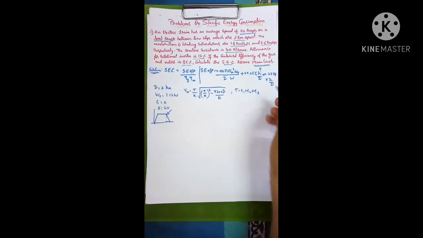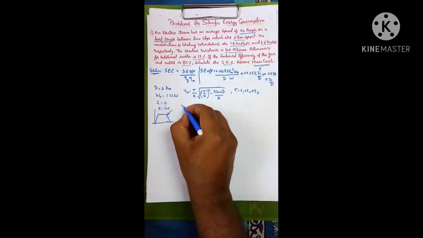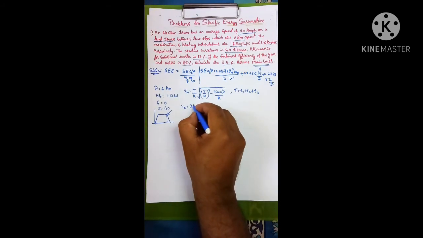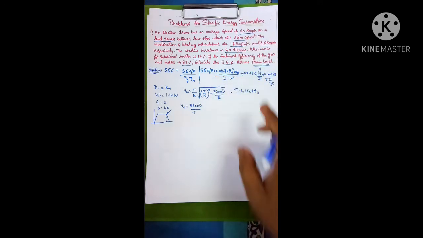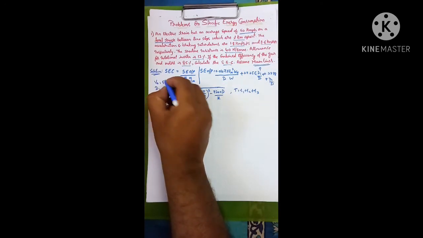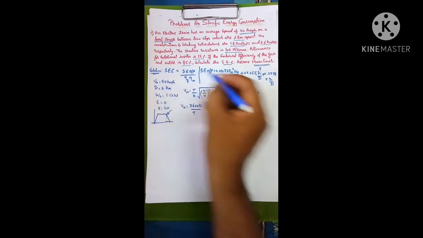But in this problem we don't have that information. We don't have T1, T2, T3. So let's try to find it in a different manner. We have another formula for that. To find T, let me make use of the average speed. Va is equal to 3600 D by T, because in the question they have given the average speed. It is beneficial if you write the given data, because then you'll come to know what has been given and how to make use of it.